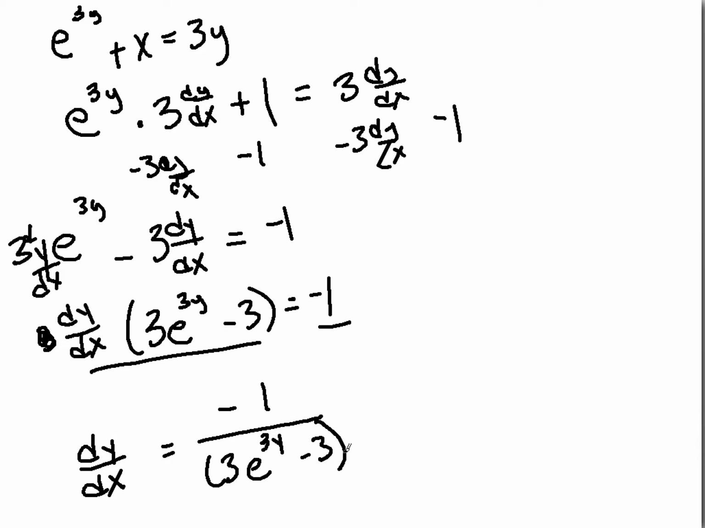Now, there are a couple of ways that you might want to do this. Some people might do a quotient rule. I am not a fan of the quotient rule. I think we've talked about this. So I would actually differentiate this as negative (3e to the 3y minus 3) raised to the negative 1. You could definitely do a quotient rule, but I'm going to prefer doing a chain rule. So when I do that expression,